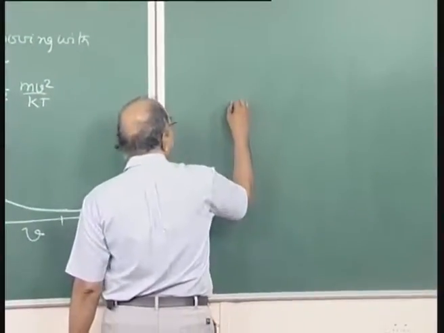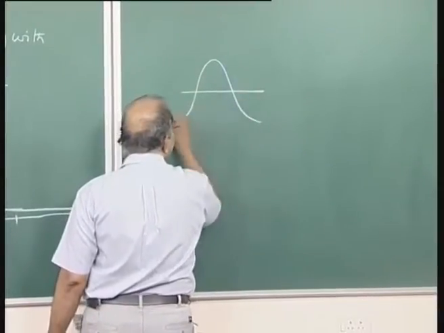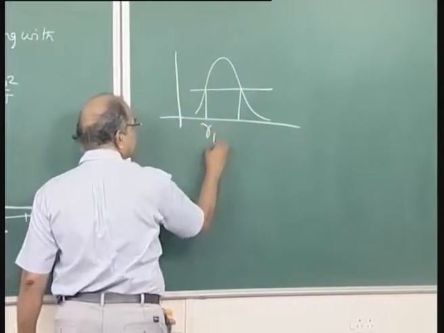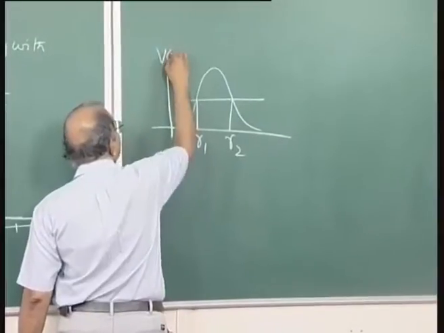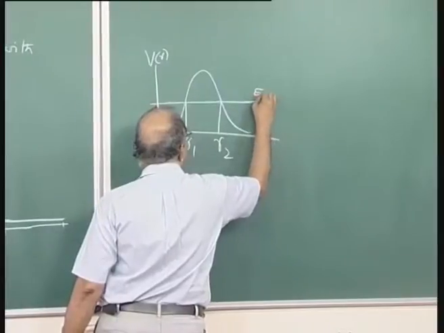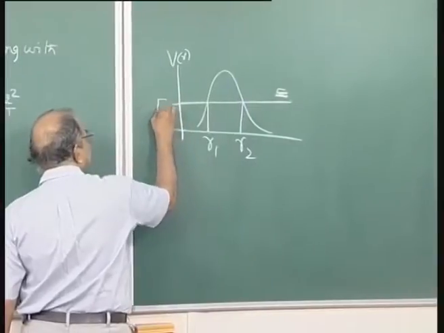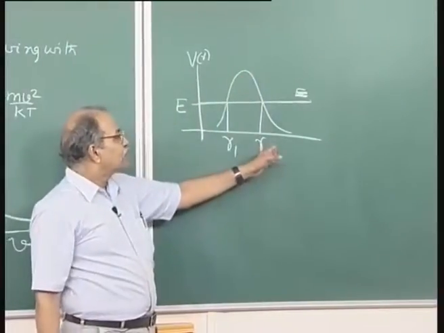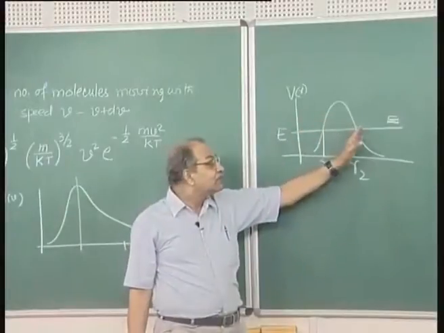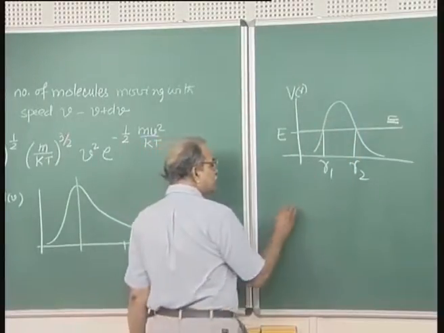if you have a barrier, and this is, let us say, R1 and R2, this is R1, this is R2, this is V(R), and this is energy. This is the energy available, this much, and this is the barrier, and one has to go from one side of the barrier to the other side of the barrier, tunnel through this. How much is the probability? How do I get that? That probability,